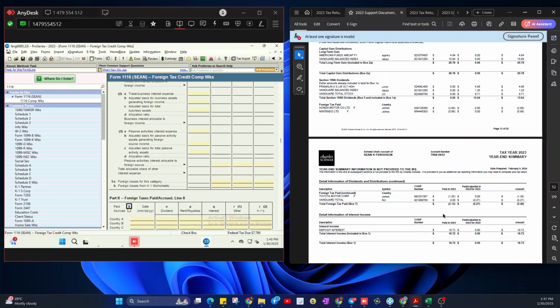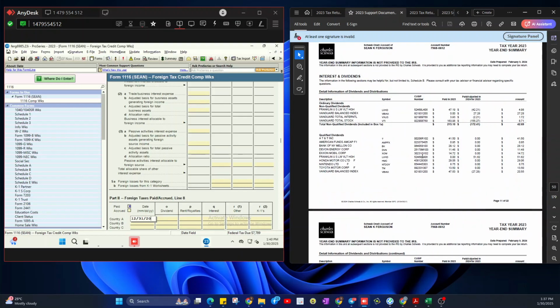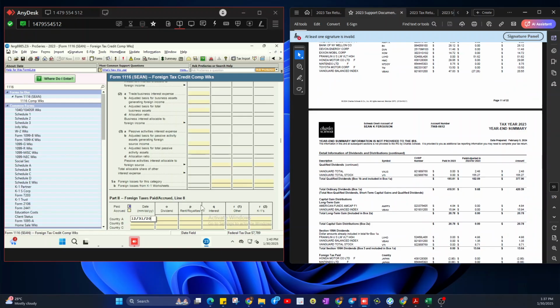This is date paid, paid in 2023. Total amount. Let's just put 1231. 3120. Taxes paid adjusting for 2023, paid in 2024